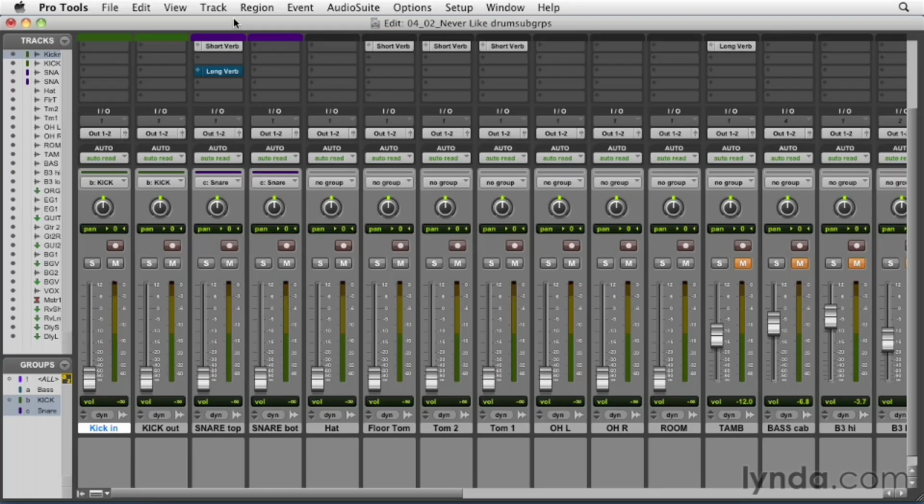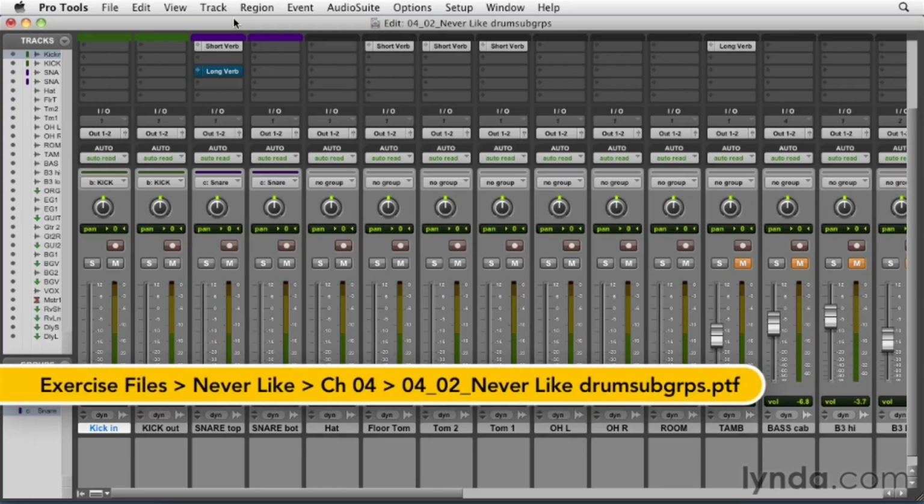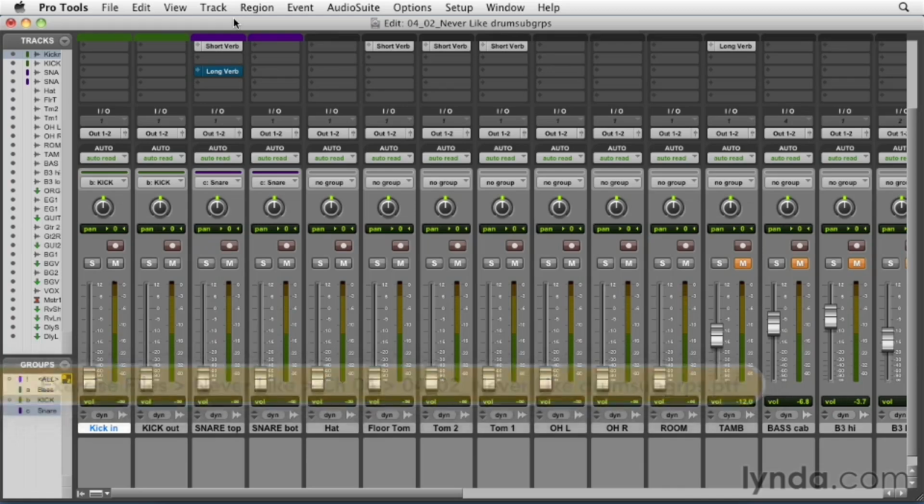Whenever there are 2 or more instruments in a mix element like a drum kit, it's best to assign them to a subgroup in order to make any level adjustments easier. In this video, I'm going to show you how to assign your drum channels to a subgroup and why using one can be helpful. So the first thing we're going to do is insert a subgroup, but in order to do that,